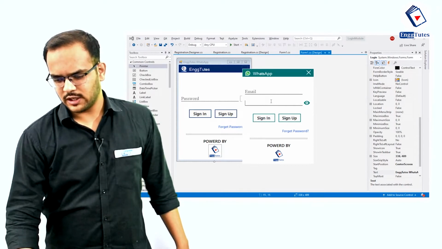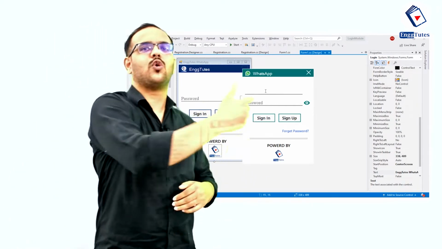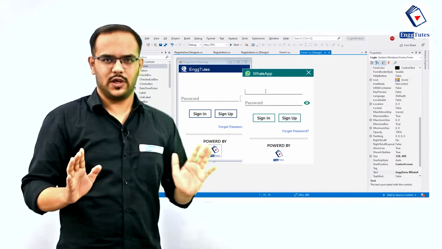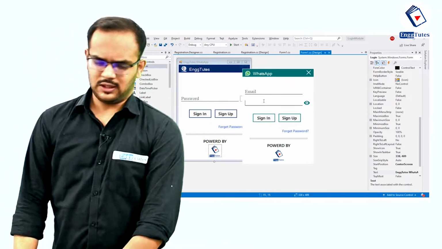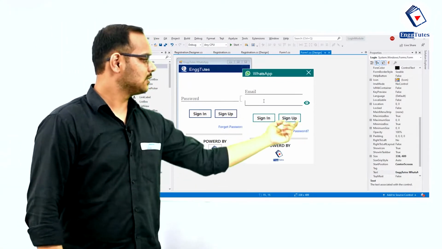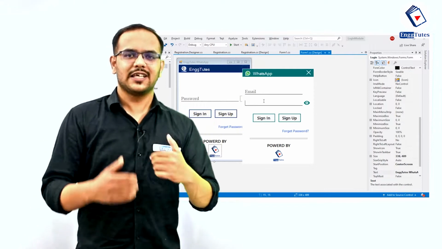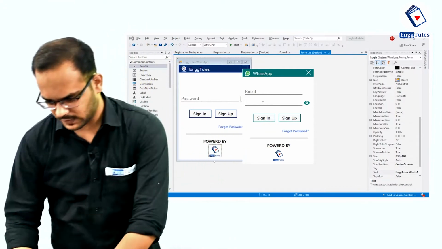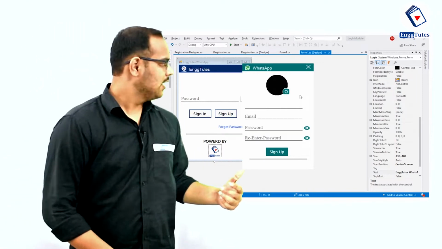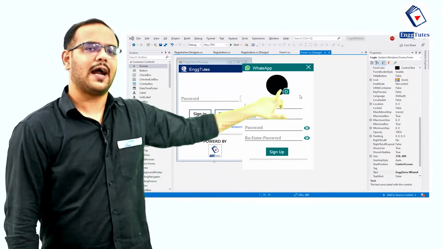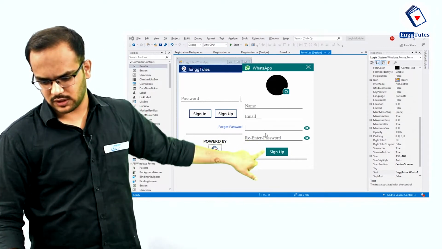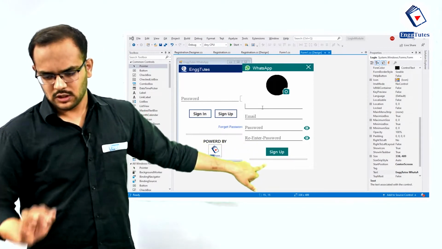This is the login module of our WhatsApp project that we are going to see in the coming videos, but now let's focus on the login module only. Here is a sign up page, in which we have three options: sign in, sign up, or forget password. As we are a new user, let's sign up. If I click on sign up, I will get this. Here I can upload my DP and I have to enter all my details: name, password, re-enter password, and all this.